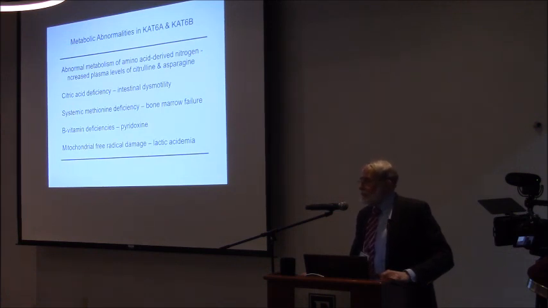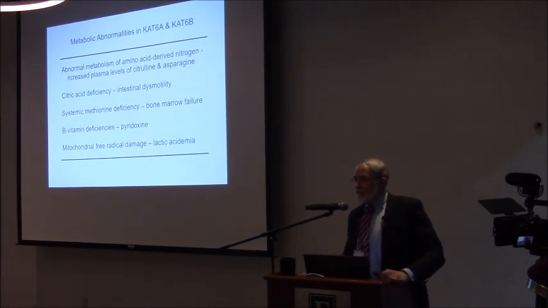So I should say there's a great deal of variability. Some young children with KAT6A can have significant mitochondrial dysfunction that requires some treatment, and sometimes it's clearly something that builds up over time. So for most adolescents, I'd say at least half of adolescents and adults with KAT6A will have mitochondrial dysfunction that requires treatment.